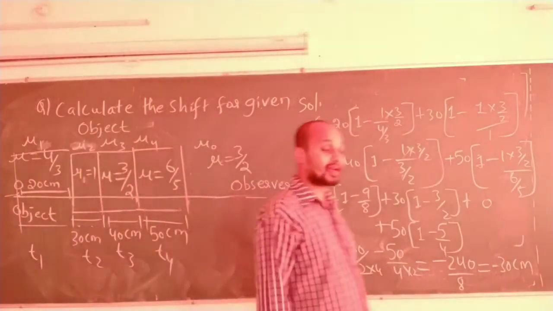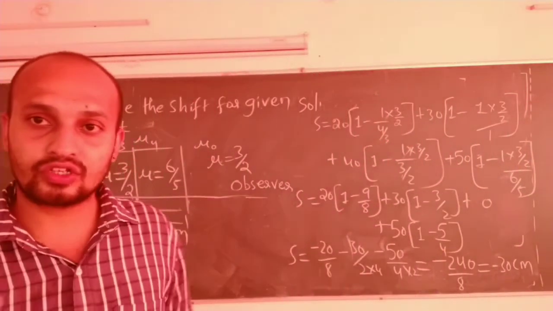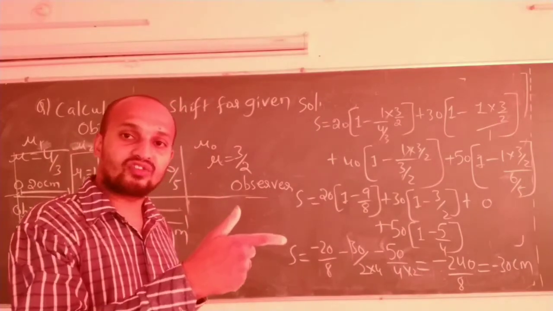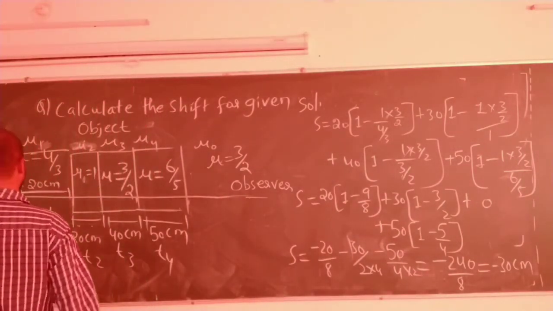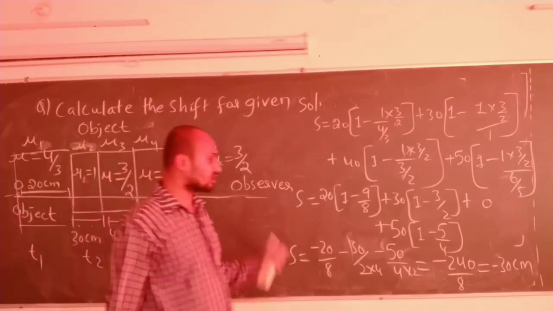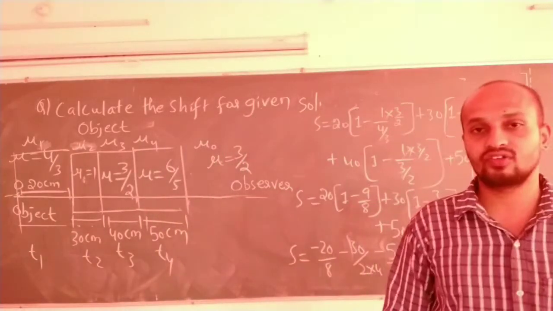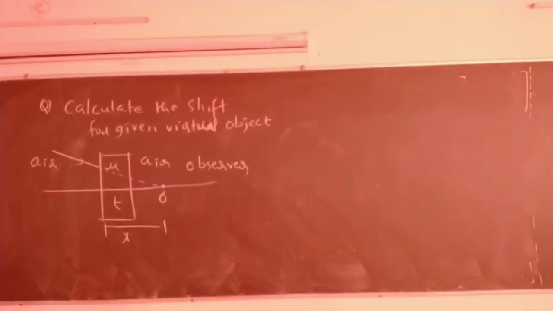Are you understanding? How can you say? Look at the direction I have shown. I have shown direction for the shift which is going to take place in the slab. Always direction takes place towards the slab. Here direction has to be towards the slab, but I am getting negative answer, means it has to take opposite to the slab. Got it? This will be the problem.